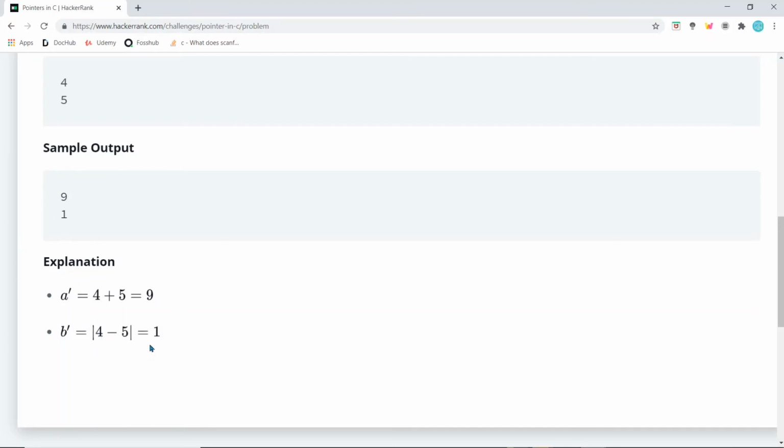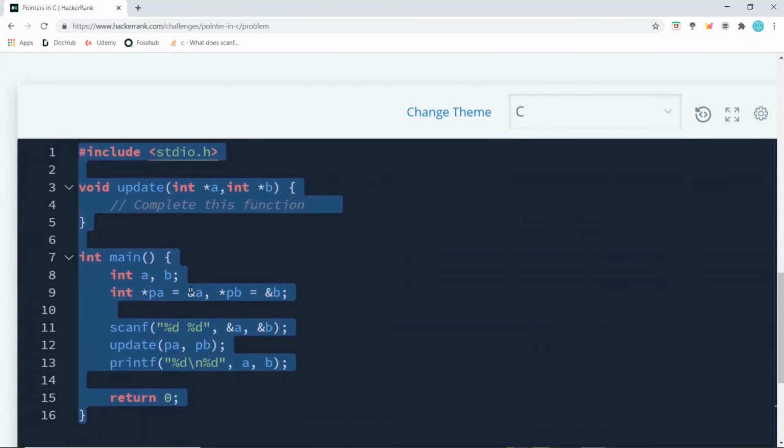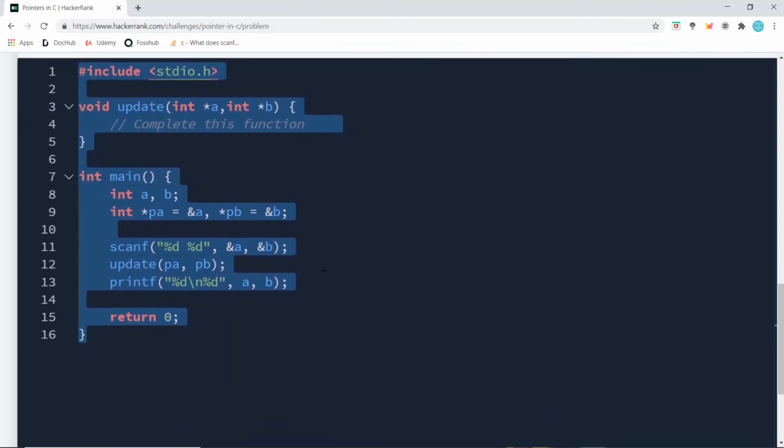Now we can either use the mod function or we can use the comparison operator, and then we can subtract the smaller from the larger value. Now we already have this code written for us, right? So update is there, and we have to complete this function.